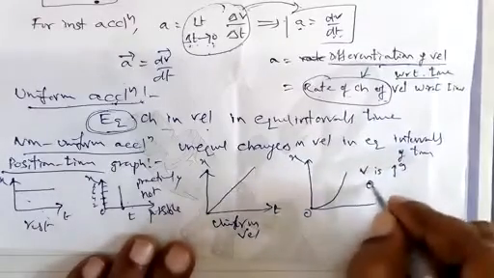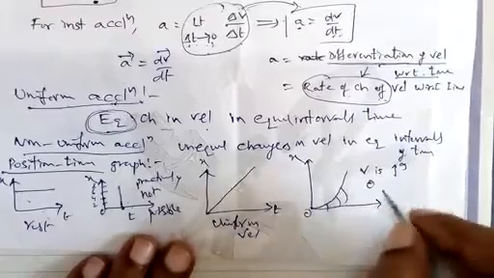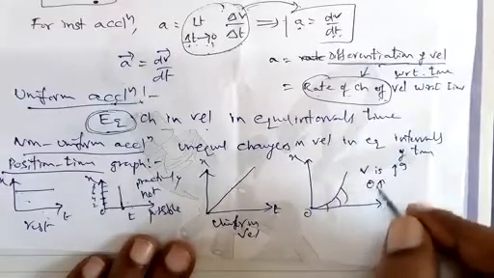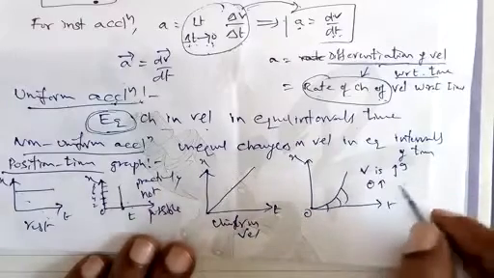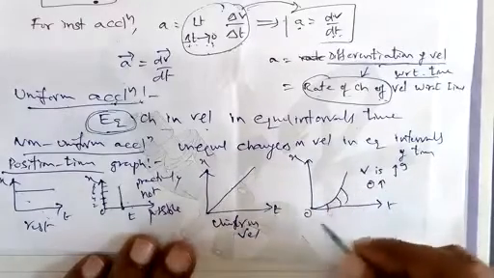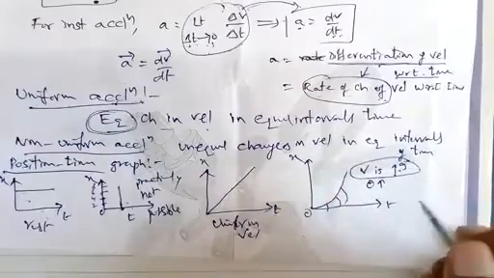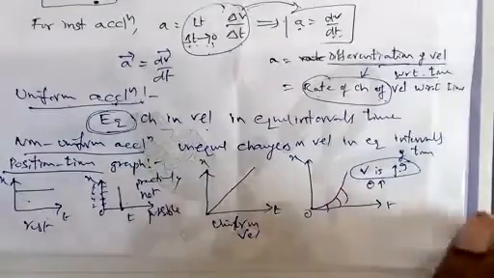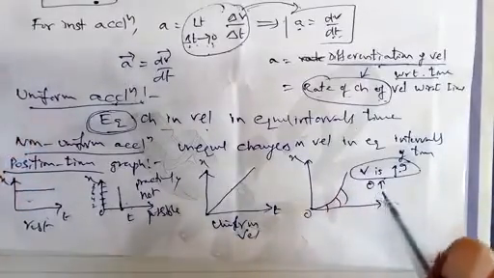Here theta is positive. This angle keeps on increasing. If theta is increasing, it means the slope is increasing. So we can say the body has acceleration because velocity is increasing. When velocity is increasing, it means velocity is changing with respect to time. The body has acceleration. Now, next, we have some more graphs related to this.